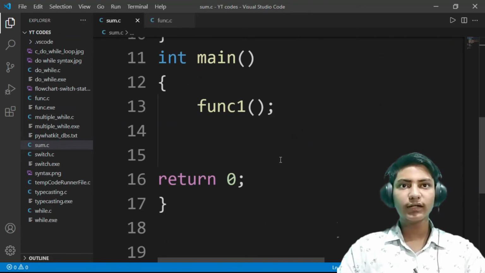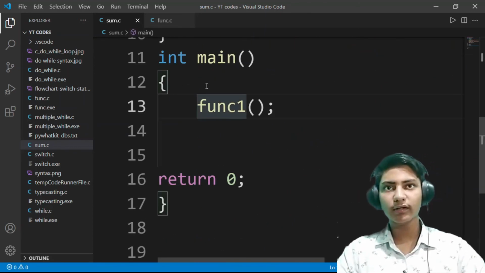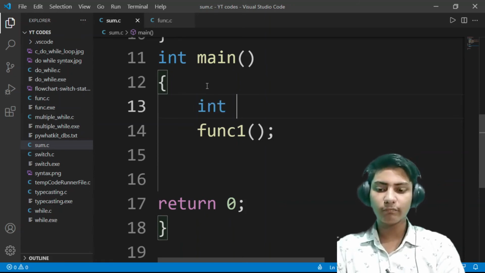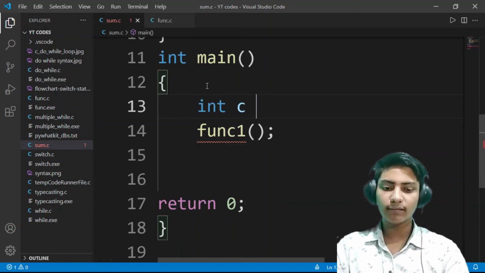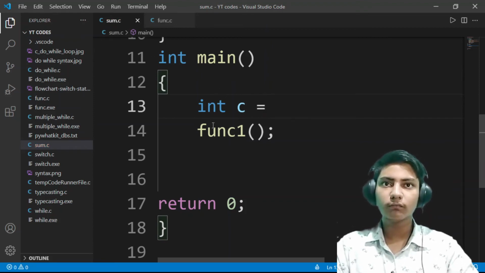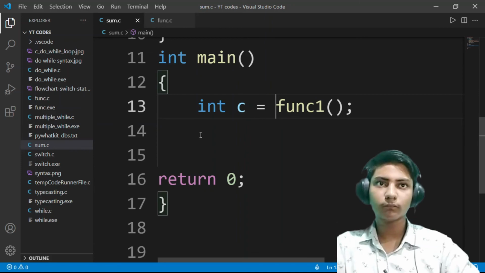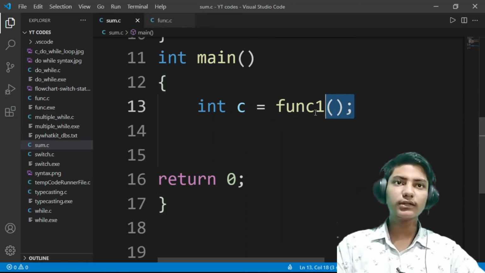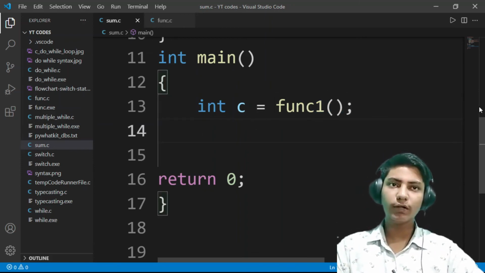So let's check if it is working correctly. Here store this in another variable, the result, let it be int c equals func1. It will store the result in c and then print the value.